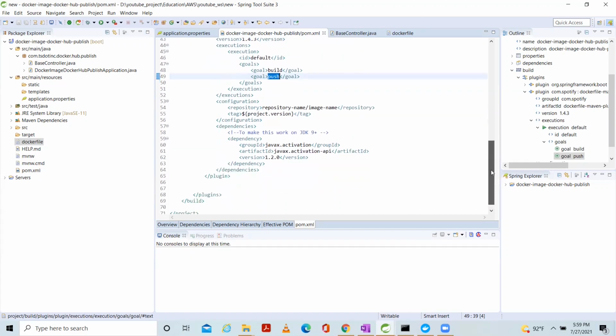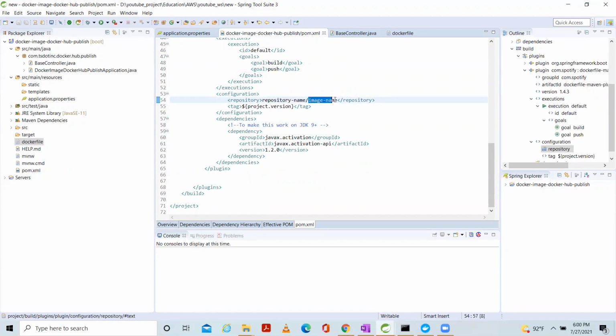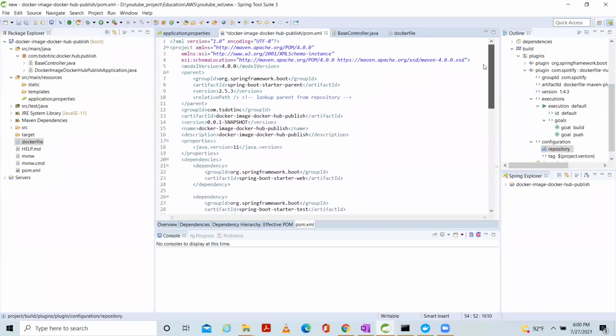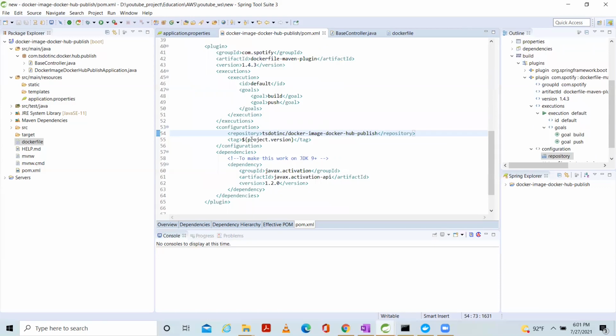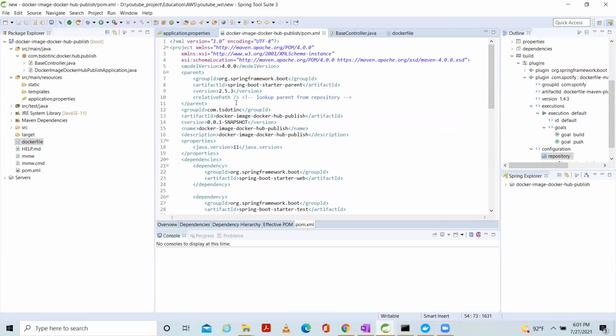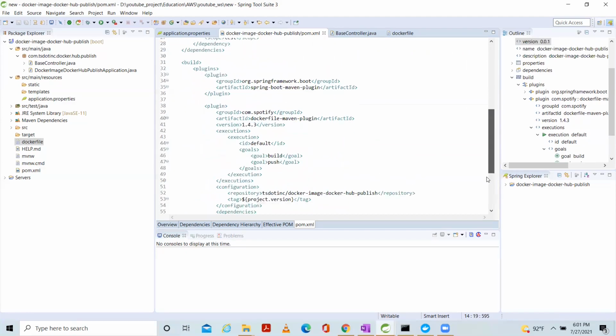If you come down, you can see the configuration. Here we have to provide the tag name on the repository. Here we have to provide the image name. Repository is ts.inc. Image name, you can provide any name. Here we will provide the artifact ID. This is the one. Tag, we are providing the project version. Whatever the version of the project would be, that would be the tag. So what we can do, let's remove the snapshot here. Let's start with 0.0.1. Okay, now configuration is done.